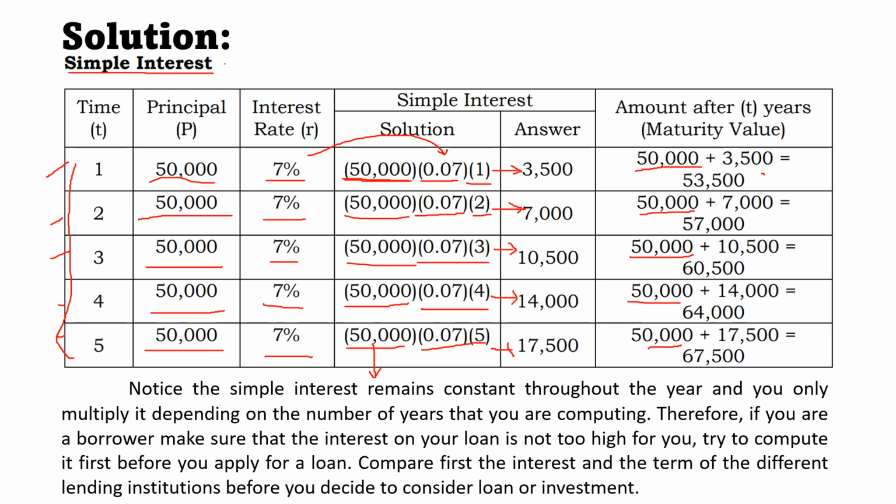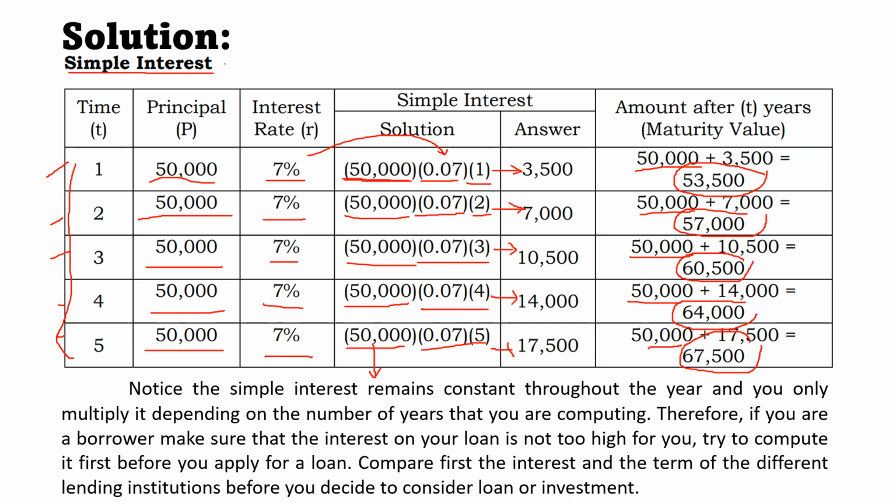So by that definition, the maturity value after your first year is 53,500. The maturity value after 2 years is 57,000. After 3 years, it becomes 60,500. After 4 years, it becomes 64,000. And after 5 years, it becomes